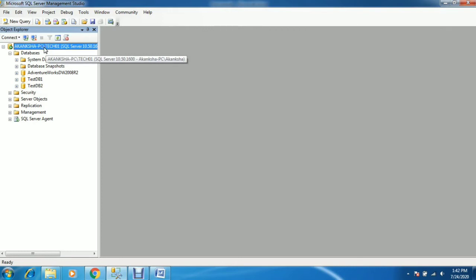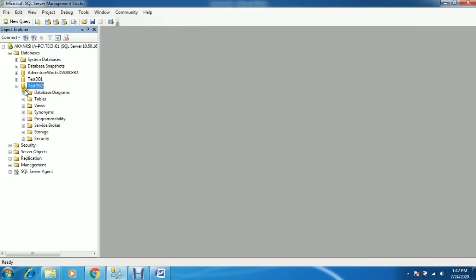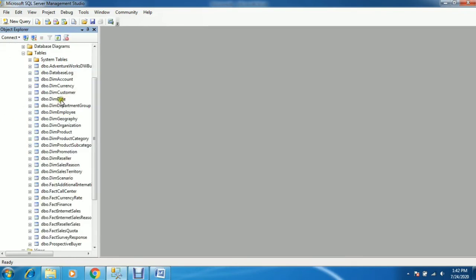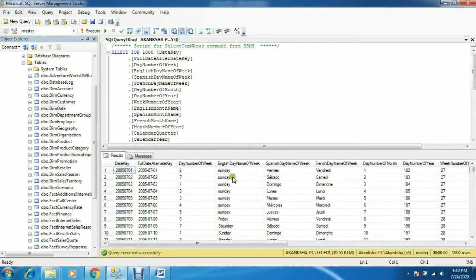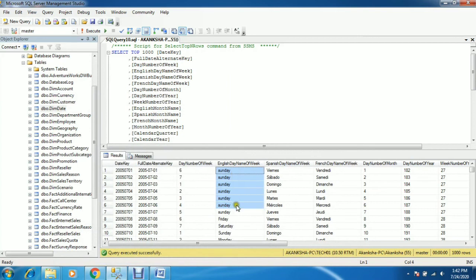Now it's usual. We'll refresh the instance first and then look at the same table which I updated. We'll select the 1000 rows. See, I have updated to Sunday, all these rows show Sunday, so it's there.